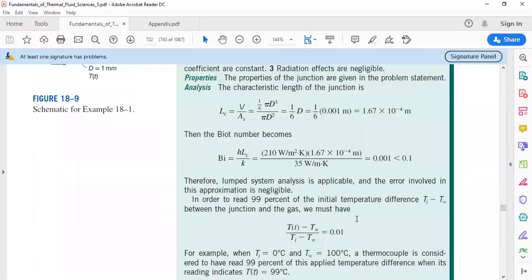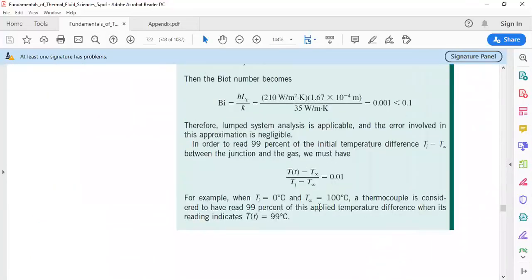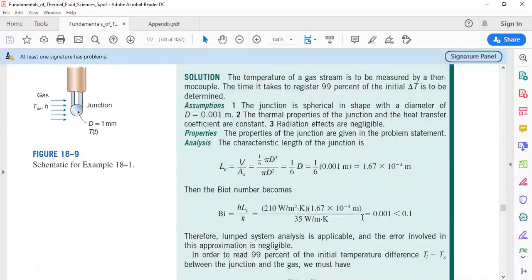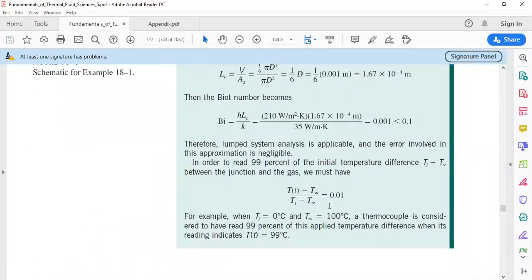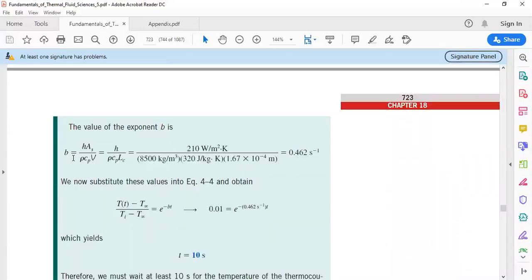In order to read 99%, it's mentioned how long it takes to reach 99% of the initial temperature difference. That means that this ratio will equal 1%: T of t minus T infinity divided by Ti minus T infinity, that's 0.01. Let's calculate the exponent b, which is the inverse of the time constant. The b equals, after plugging in all the values which are given in the description of the example, 0.462. So if